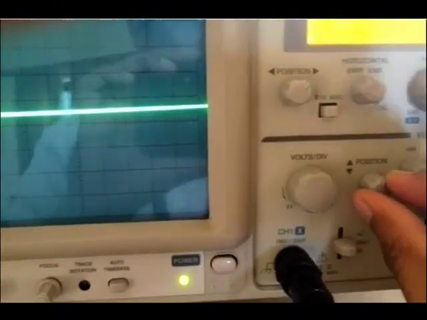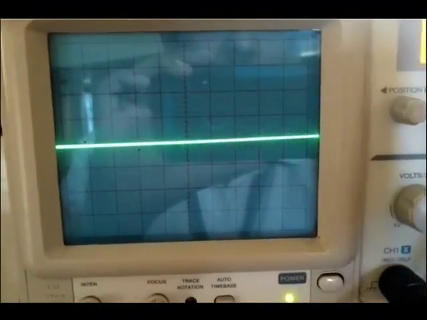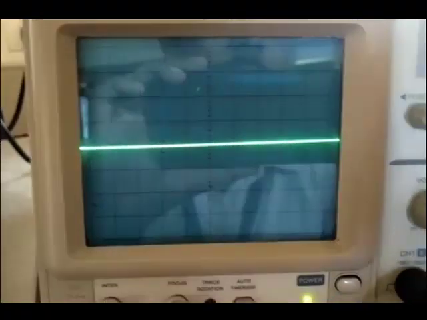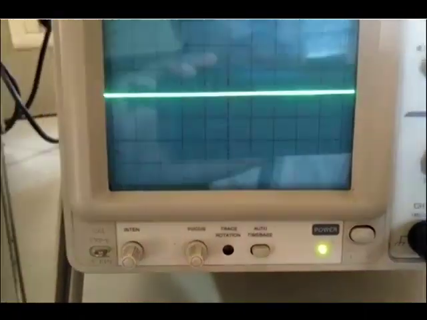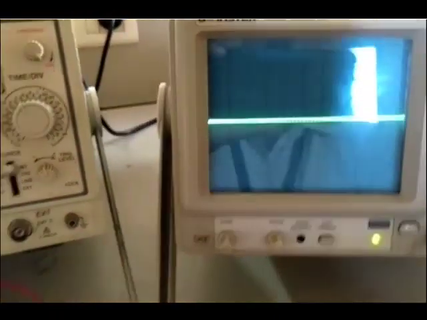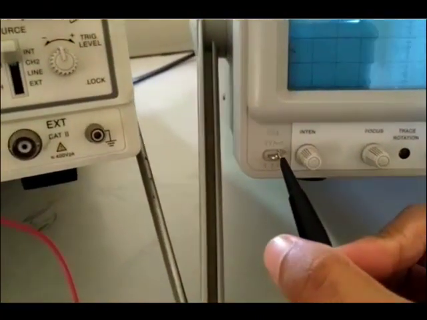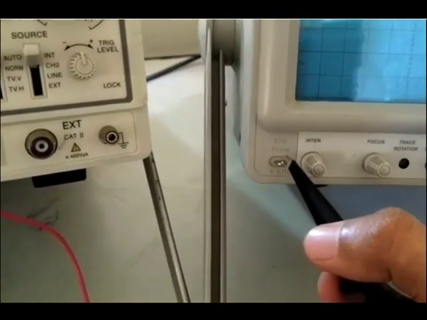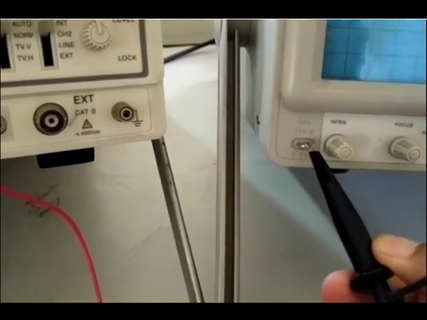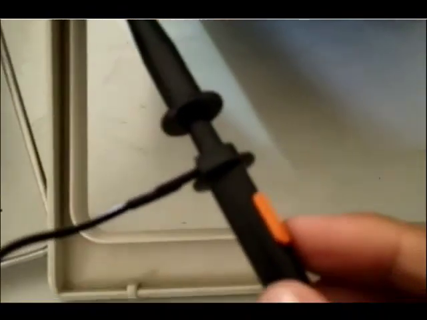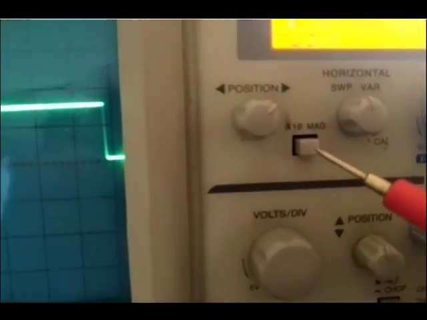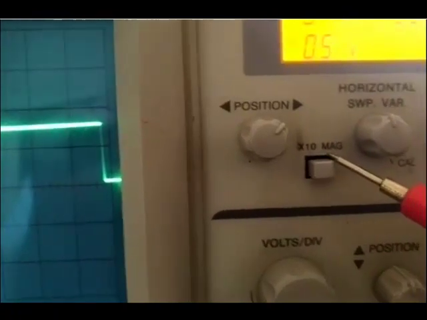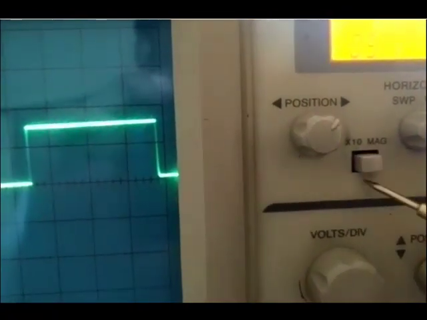I'll use the position knob and I'll adjust the reference point. I'll take this as the 0 reference and I'll put this to the DC coupling mode. Then I'll connect the channel 1 to the calibration source, and when you are connecting the channel 1 to the calibration source, please make sure that your probe is not set to any multiple, so it should be multiplied by 1, and if there are any magnification feature turned on, please switch it off. We have into 10 magnification, let us not use this.